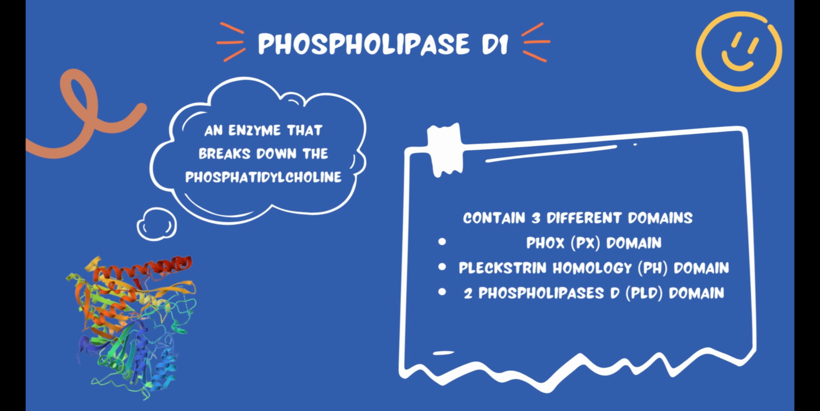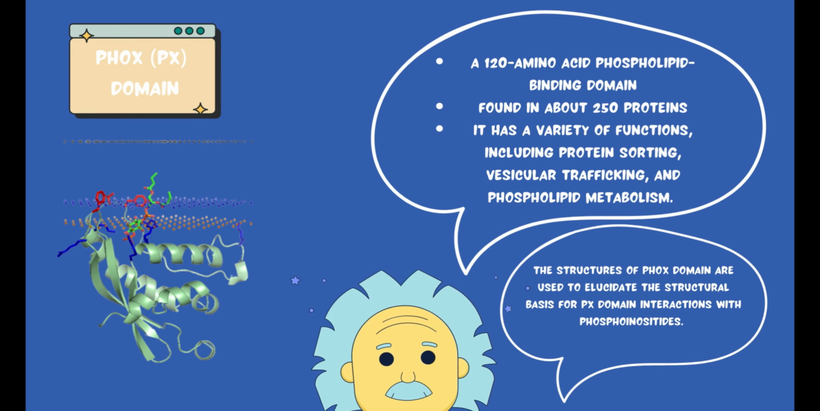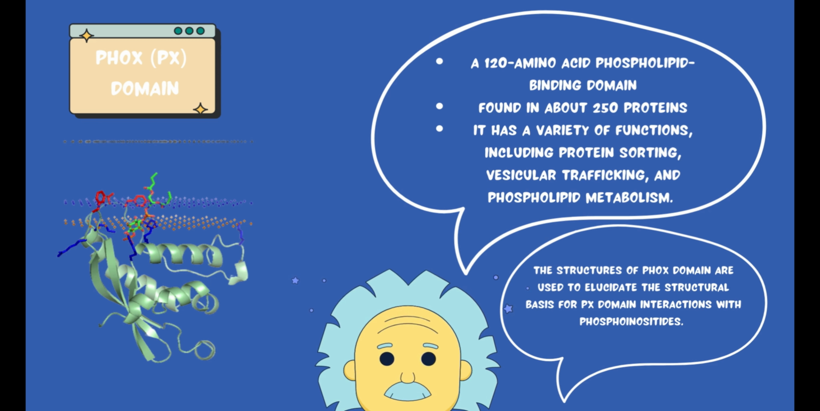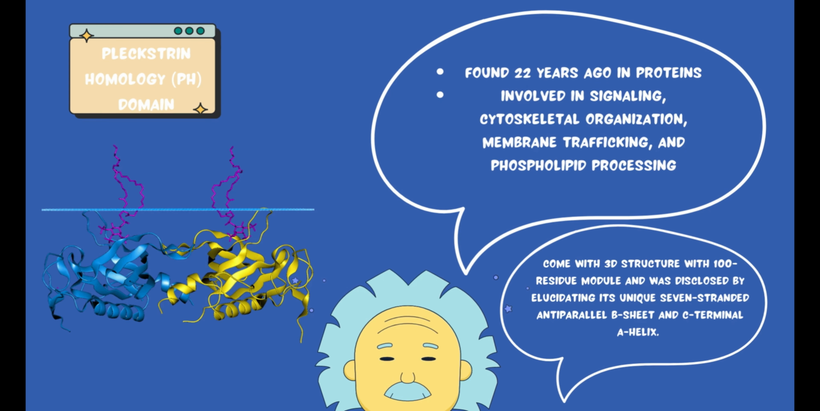Now we're moving on to the next example, which is the enzyme phospholipase D1. Phospholipase D1 is an enzyme that breaks down phosphatidylcholine. This enzyme contains 3 different domains, which are the PX domain, the pleckstrin homology PH domain, and the phospholipase D PLD domain. The PX homology domain is a 120 amino acid phospholipid binding domain found in about 350 proteins. It is linked to a variety of functions, and the structure of the PX domain is used to elucidate the structural